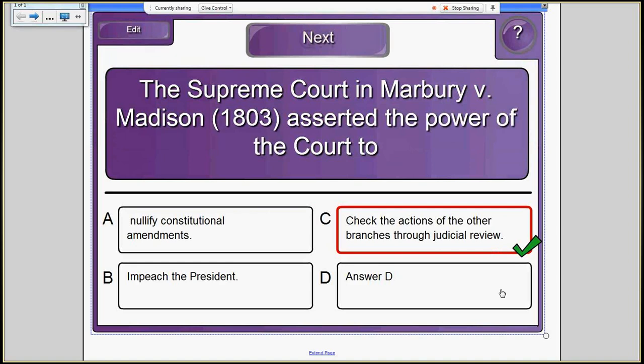Chief Justice Marshall is appointed by the Federalists to serve on the bench. Jefferson, an anti-federalist, comes into power. What is supposed to happen is the Adams administration has issued a bunch of judgeships. They're late getting them out, so there's still a bunch sitting. When Jefferson takes over, Jefferson orders Madison not to deliver. The Federalists have passed a law stating that if the federal government does not carry out its duty, an individual can sue the federal government using the Supreme Court as the court of original jurisdiction.